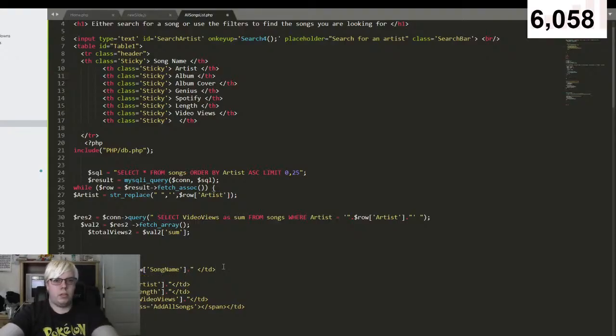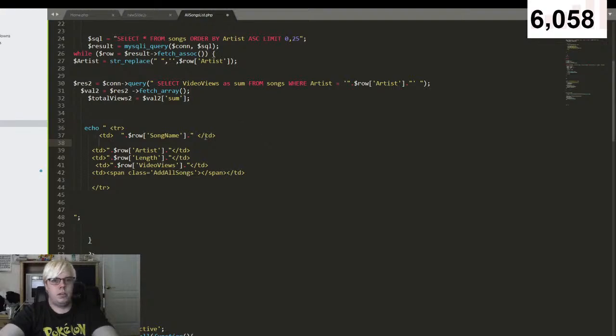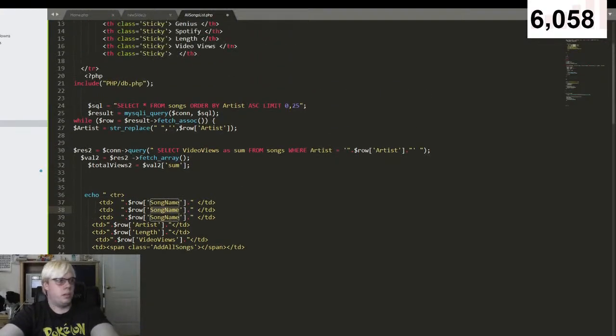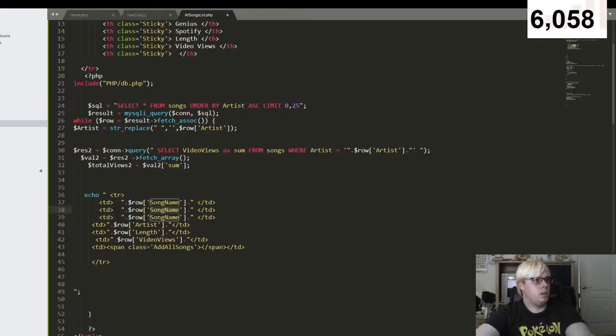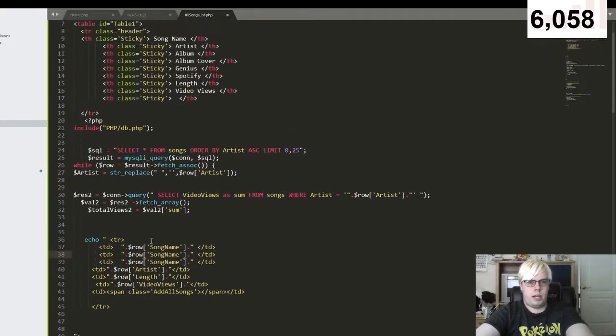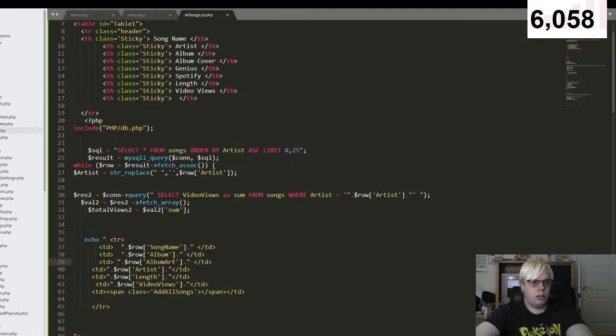So we're gonna do this, so from after song name it goes from album, so we're gonna do this here, so like that, and let me move myself real quick. So it's gonna be after song name, it's album, so we're gonna do album, album cover, so this is gonna be album art. This is gonna be like the other one, so sort of like in